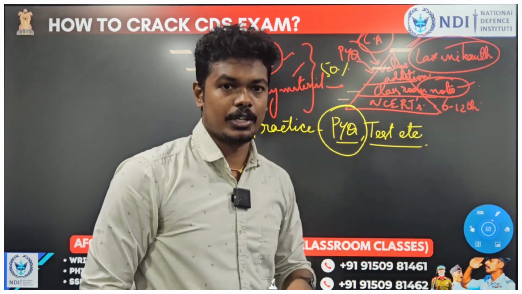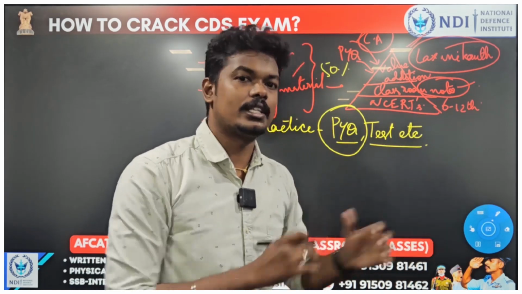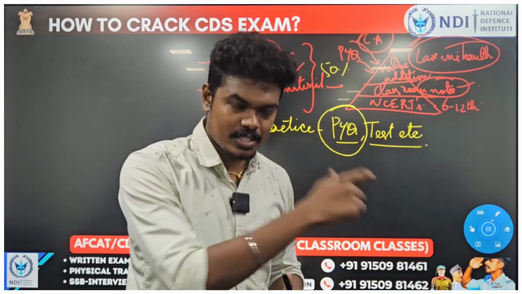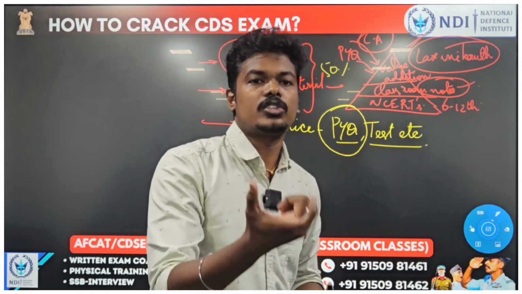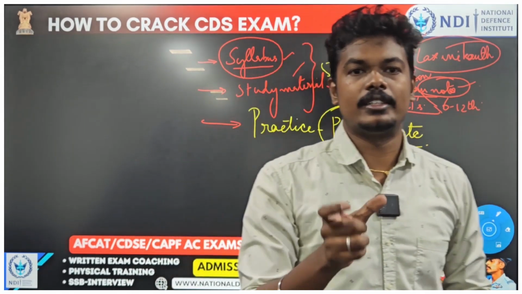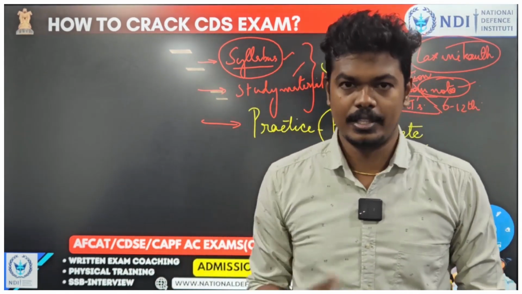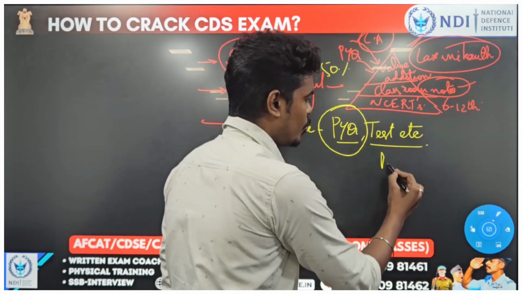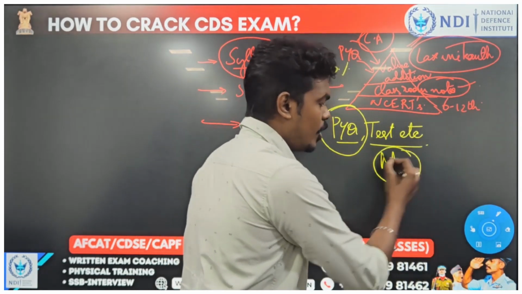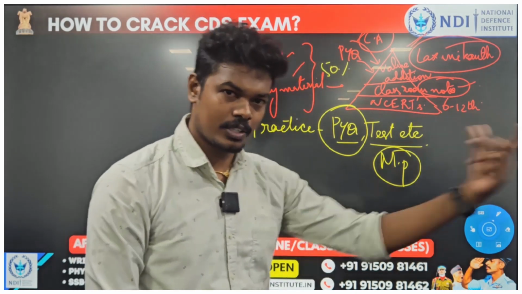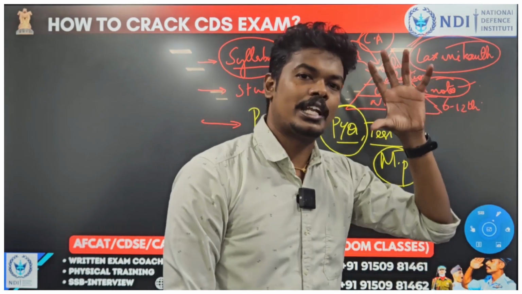I will tell you an example. You take polity. What did they ask in 2023, the last CDS? Who is the final authority in deciding the disqualification of an MP? The member of parliament disqualification, who decides? This is the question. Why was this a question? Because in the news,